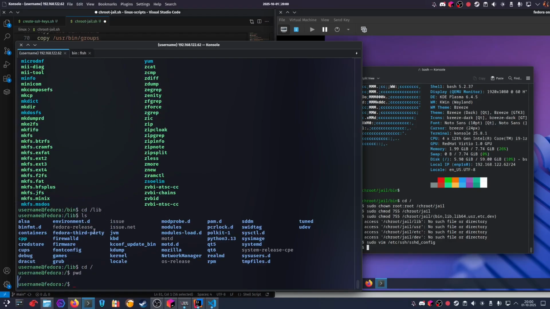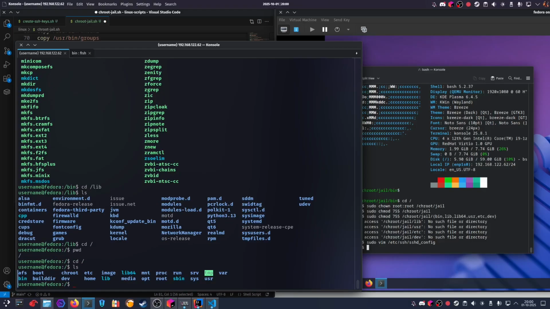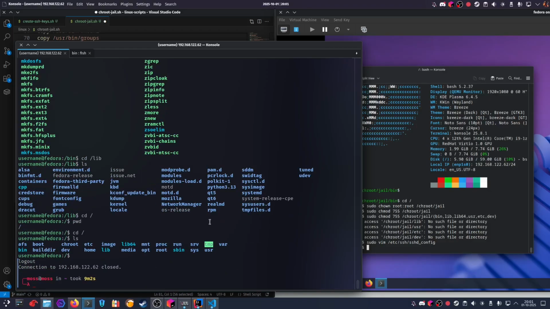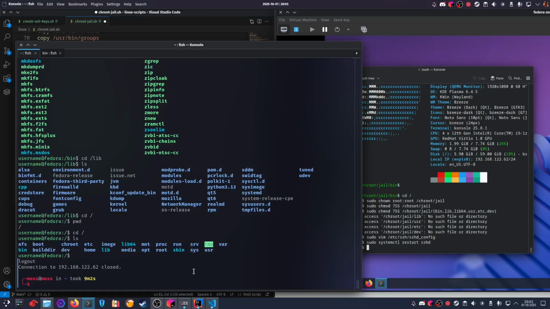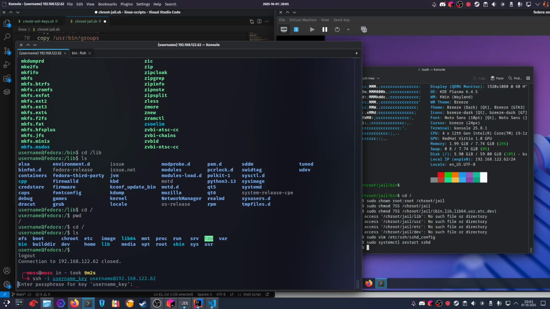But just for now, you see here, this user is logged in and he can see all this stuff. So if I change directory to the root, to ls, there's all this stuff, image, lib, mnt, whatever. Let me log out there. Then systemctl restart sshd. Now, if I log in with this guy, I get